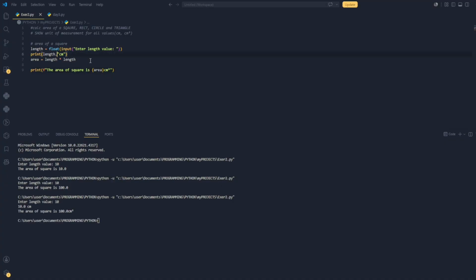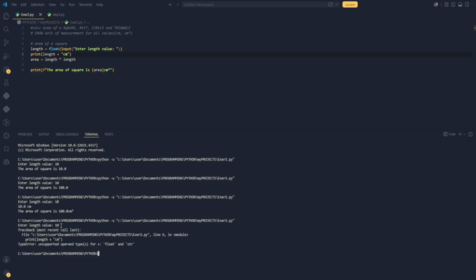Okay, because of the comma, so we take off the comma, add a plus, and see to eliminate the space in between the 10 and the cm. That didn't work. What do we do? I don't want this. So instead of concatenating this, because you cannot concatenate a string value with a floating point value,